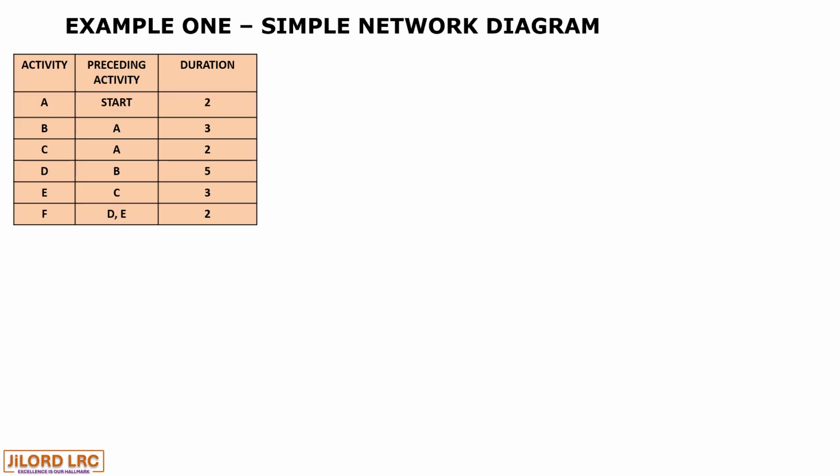So when you look at the table, activity A is a starting activity and it precedes activity B and C. So we would have that, A preceding activity B and C. From the table, B and C also precede D and E, and that is represented. And activity D and E precede activity F. So our network diagram will look like this,